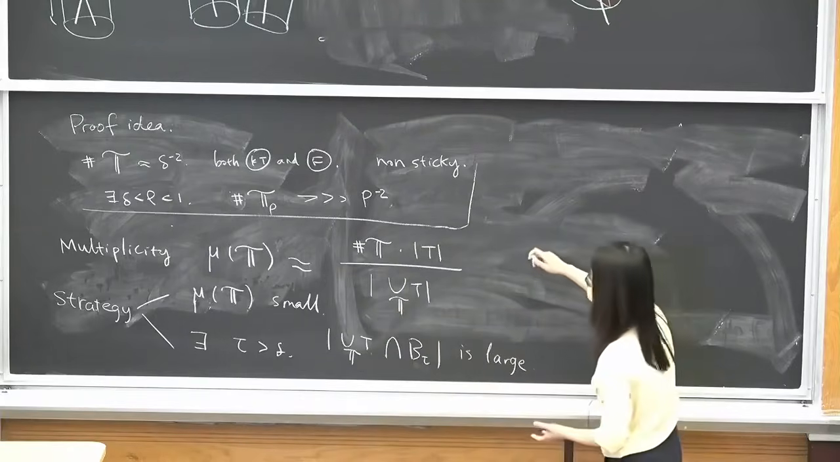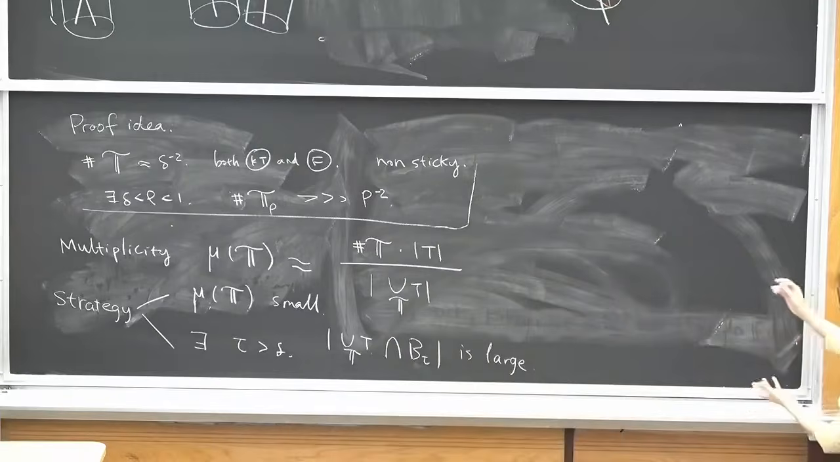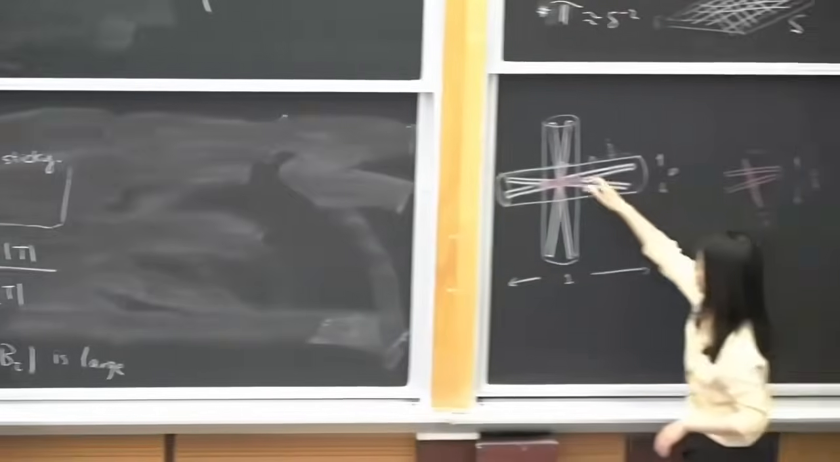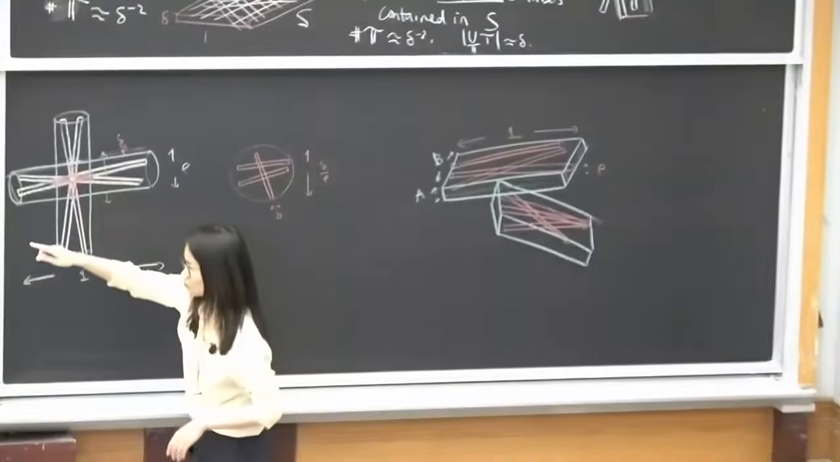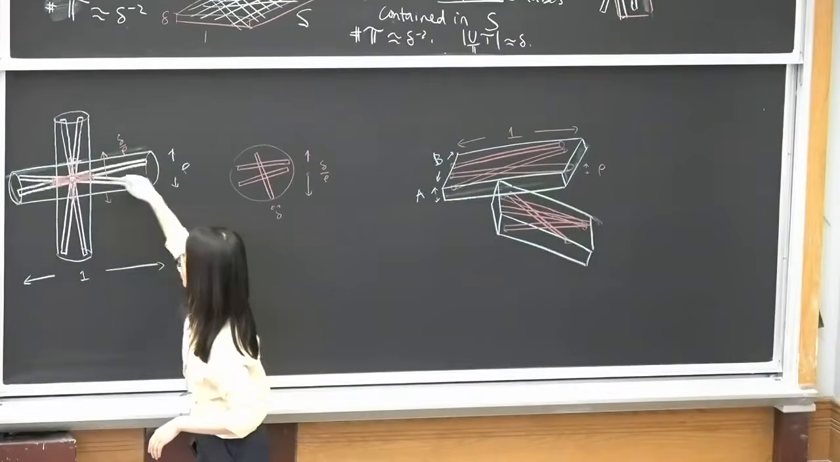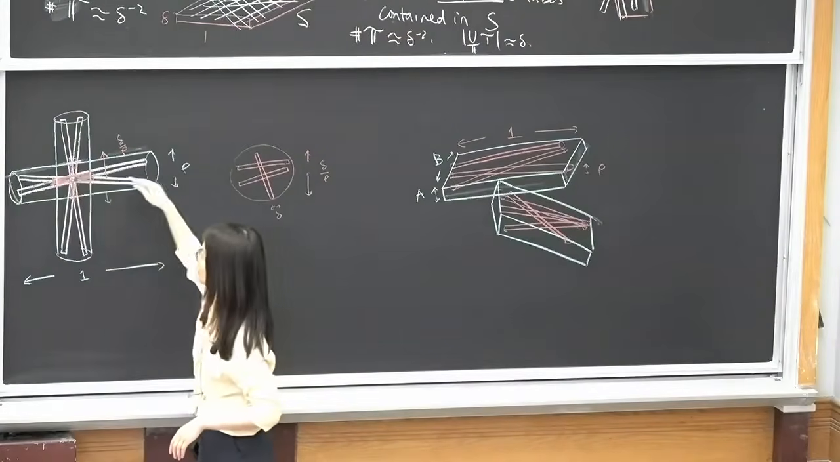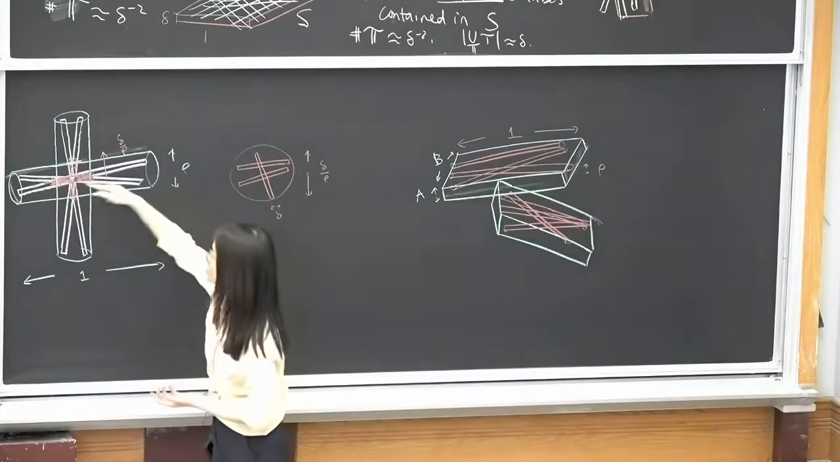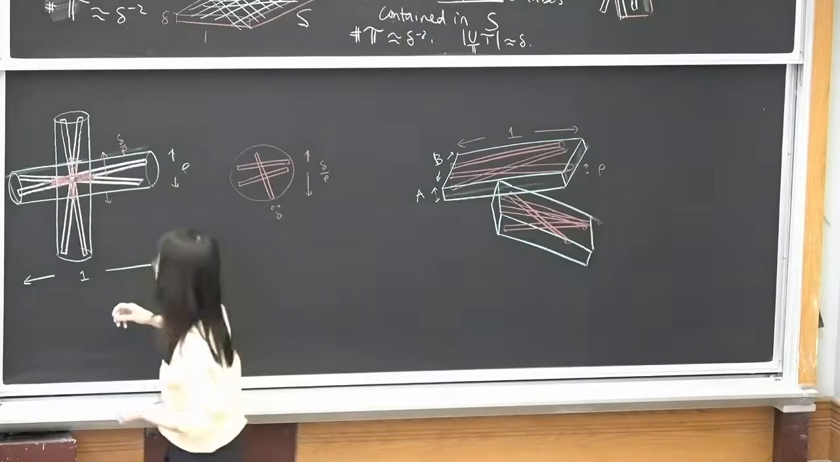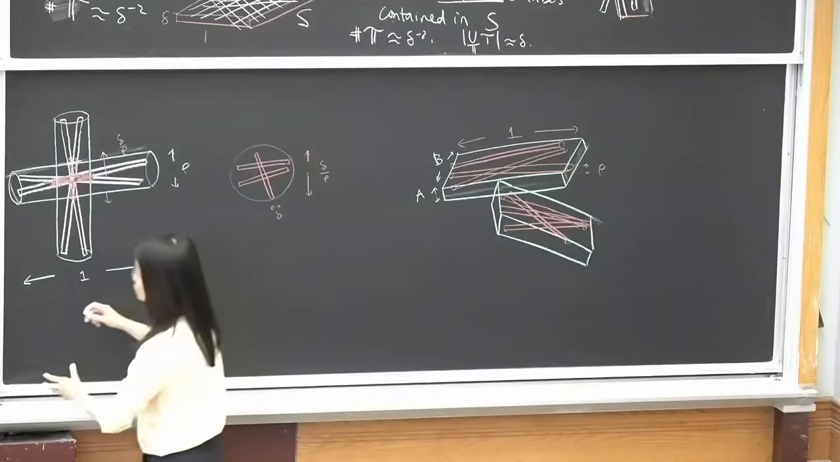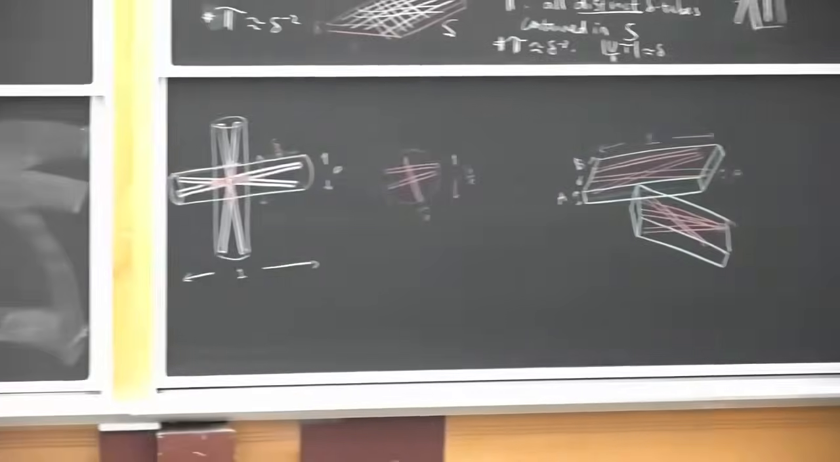So now we want to do induction on scales. So let's look at the picture. Let's say this multiplicity is the number of tubes through a typical point. At this point, the multiplicity in the picture is 4 because there are 4 tubes through it. And then we look at